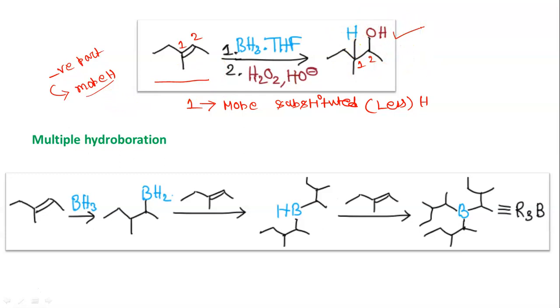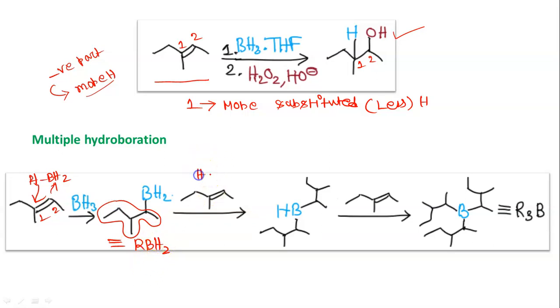But how we are reaching this product, that is the mechanism that we have to see. So we are starting from BH3, though actually it should be written BH3.THF, but for simplicity we are seeing the mechanism in this way. Okay, so BH3, H, BH2. So both are added from the same side. Now BH2 is attached to these two carbons. This is 1, this is 2. So now you can consider this molecule as if this group is R. So as if it is RBH2. Now RBH2 is just like BH3.